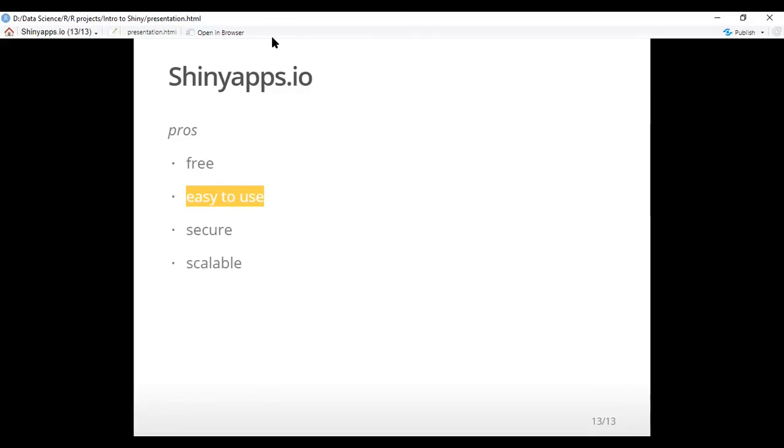So I'm going to show you how to connect this to your RStudio, and then how to publish or deploy your application. So we're going to go to